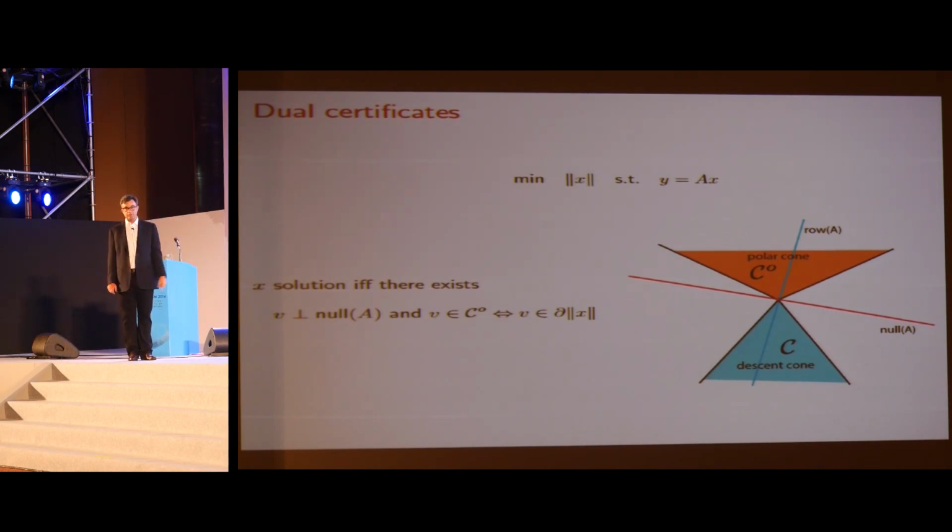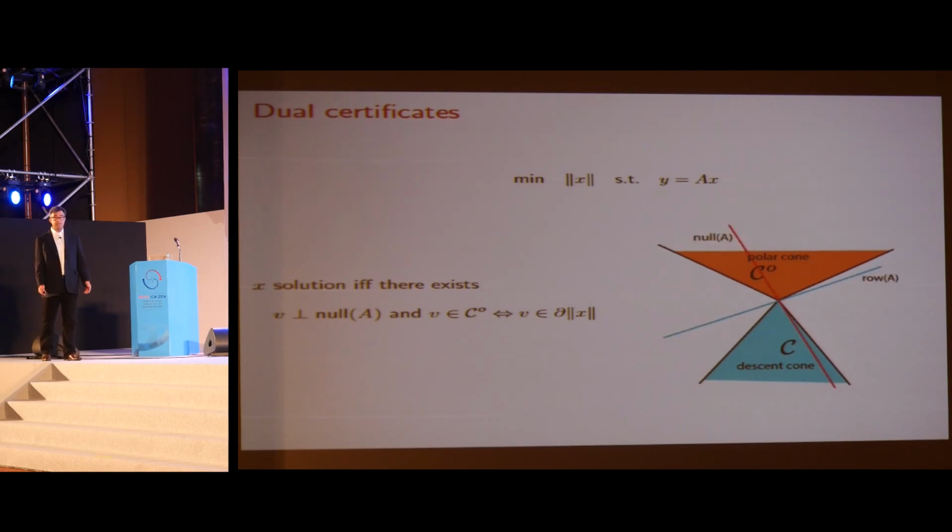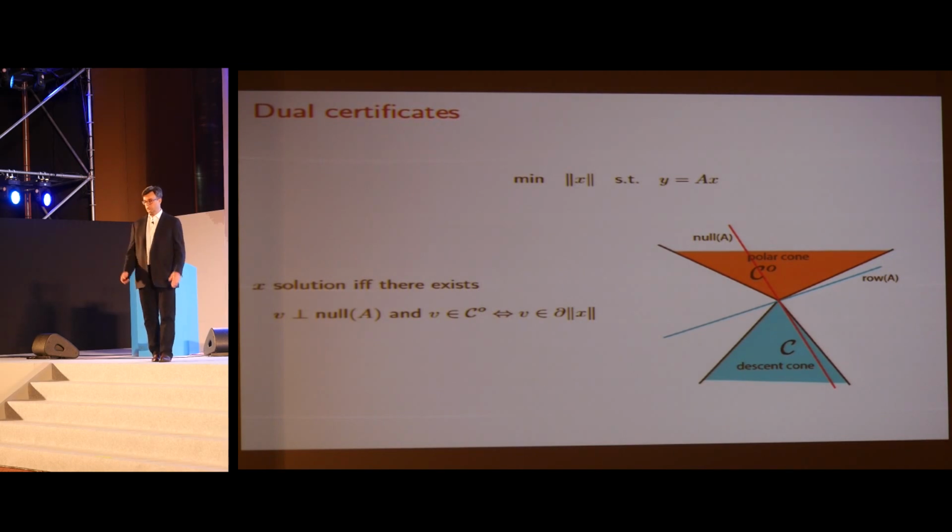If and only if there's a vector V, which is perpendicular to the null space of A, and so it's in the row space of A, that is a linear combination of the sampling vectors that happens to be in the polar cone. So you see the blue space here is an orthogonal complement to the null space. It goes through the polar cone, which is a cone of subdifferentials, and therefore we've got perfect recovery in this case. Of course, in this case, the row space of A escapes the polar cone. I cannot construct such a dual certificate, and that tells me that X cannot be a solution to my optimization problem.